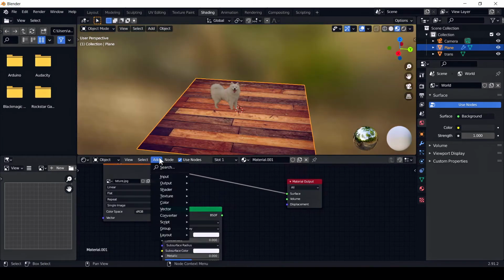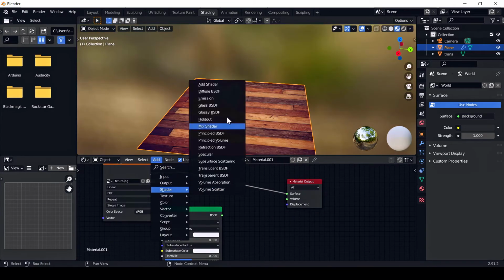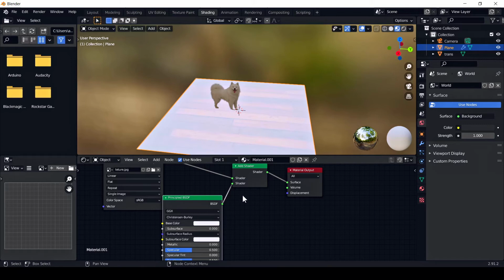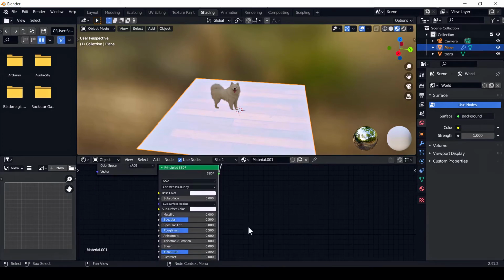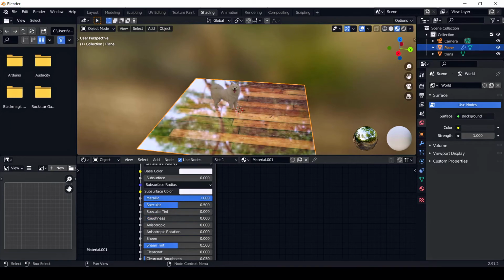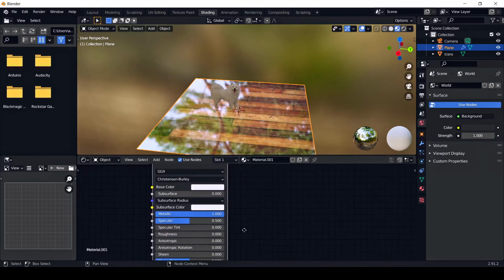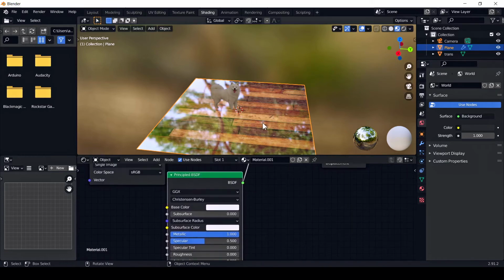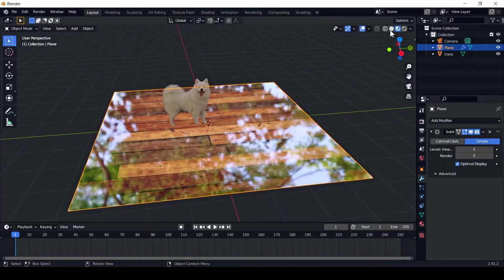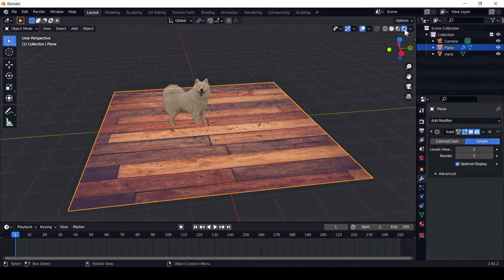And now we need to add a shader, and we have to add this Principled BSDF shader as well. Here we have to give the material for our floor. For example, I want to go with metallic, and I want to go with 0% roughness here. So our floor is glossy, and as you can see from our layout, if I go for render view,